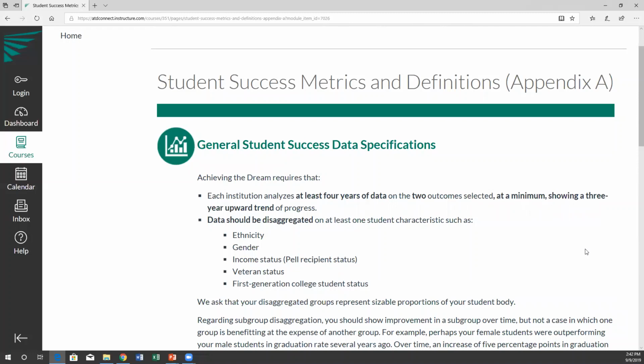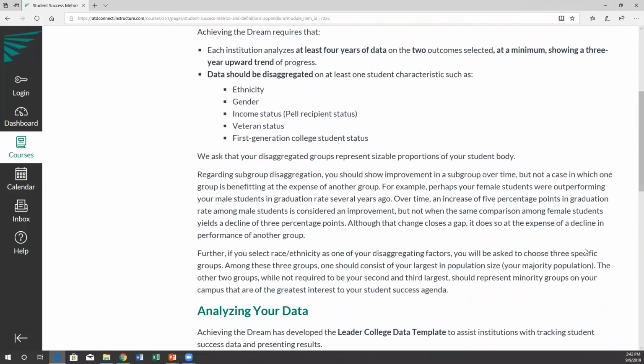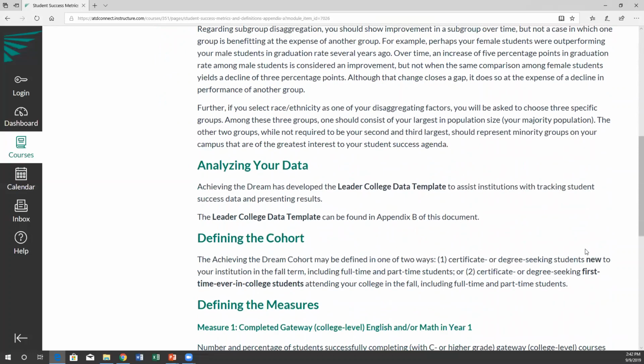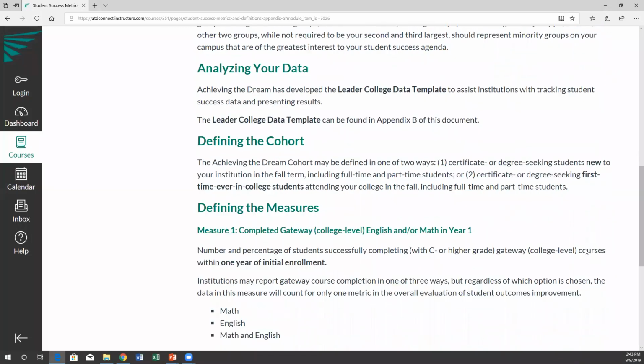Thanks, Lakeisha. So the idea with the data template is that it standardizes everything a little bit for you. I have created this in a way that you can see very easily, once you set your data in place, the differences between subgroups, for example. As you're typing in the data, you can get a better idea of how you're performing on a certain metric, if you're closing gaps, and things of that nature.